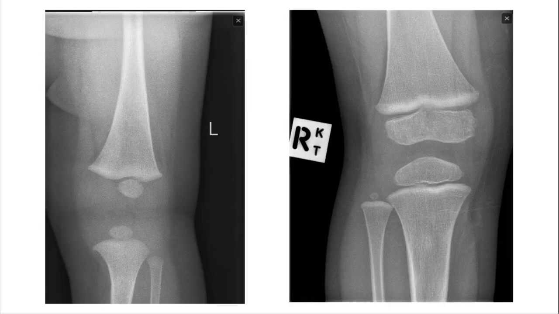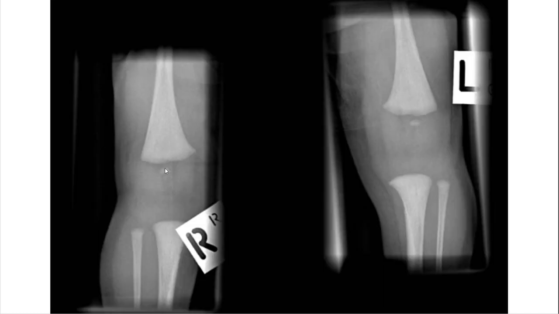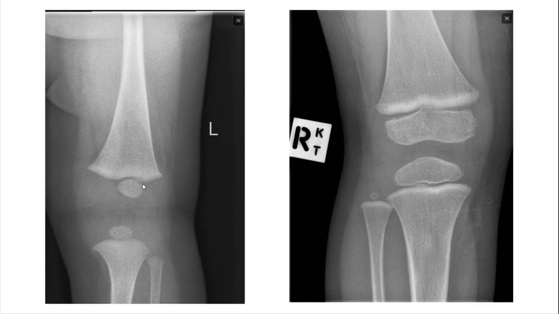Okay. Then, if we do the X-ray of the knee region in the first year of life, you will see the secondary center for upper end of tibia has also appeared, and then roughly in the fourth year of life, the secondary center for upper end of fibula also appears. Look, with age, the secondary center for lower end of femur, which at birth was this small, has increased in size, further increased in size, but you can see this radiolucency between the lower end of the shaft and the secondary center for lower end.